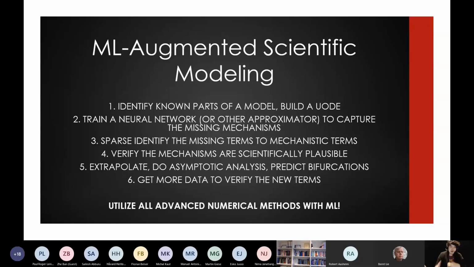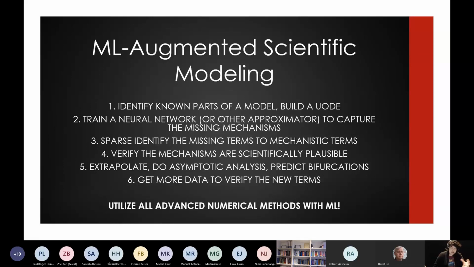Like, for example, now that we have made an approximation and we say that certain processes are involved, certain processes are not involved, the relationship is quadratic, we can go back and we can double check the mechanistic model, right? We can build experiments to be able to say, yes, this term that we have added to the equations makes sense. And so the idea here is that we can use all of these advanced numerical methods that we've developed in scientific computing, along with these data-driven machine learning methods, to be able to do this automated model discovery.